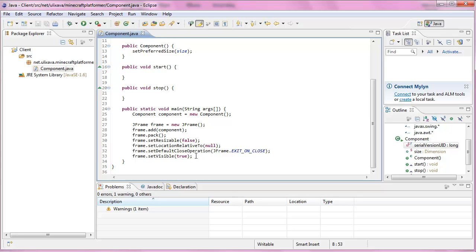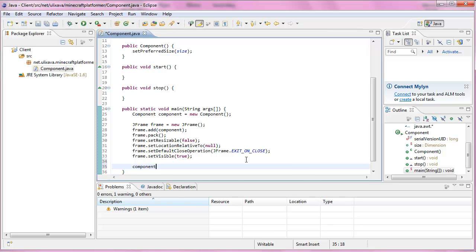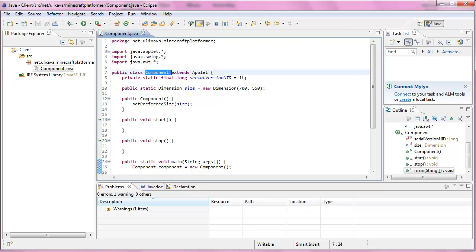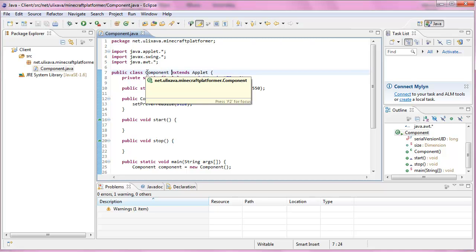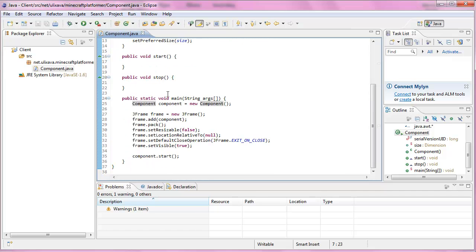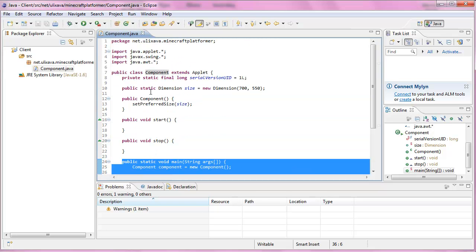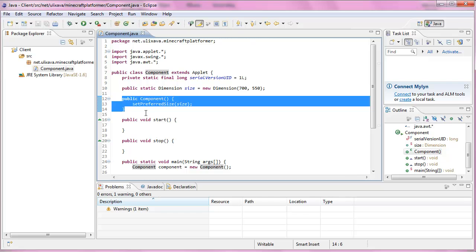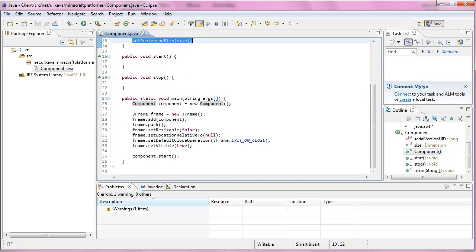So at the end here, what we want to do is type in component.start. This component method is created out of this class, which is the same class, but first when the game starts, it just goes here anyway. Then we create a new component, one of these class objects, and it goes to the constructor of this class and sets the size, and it then